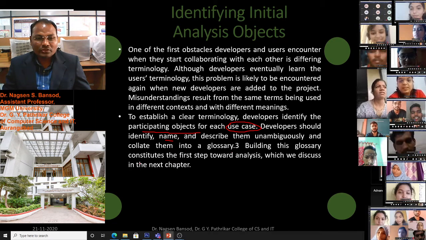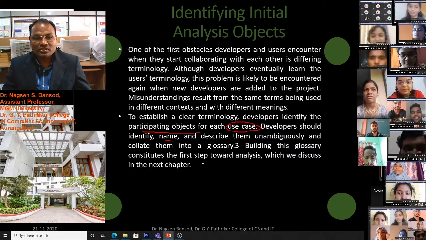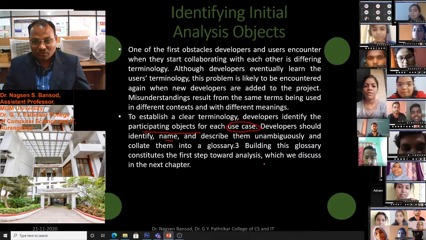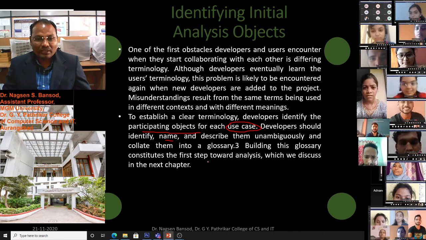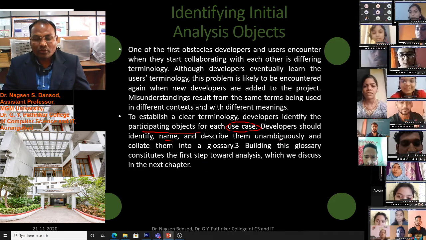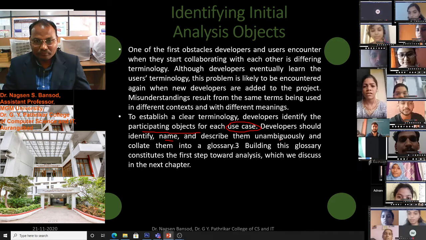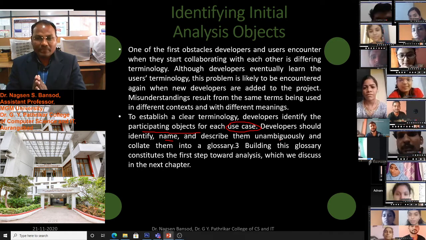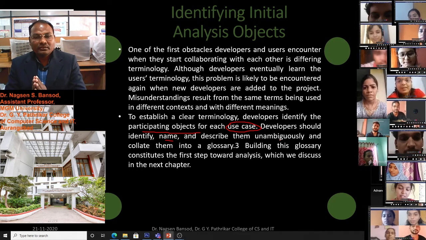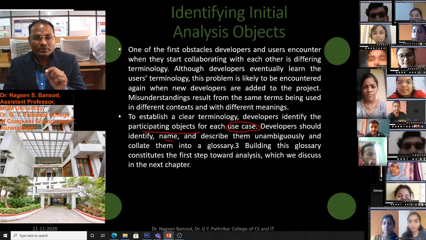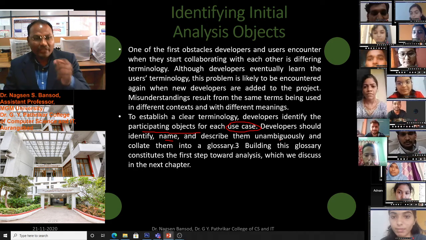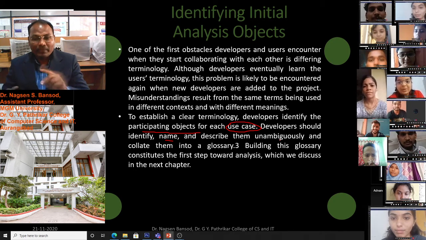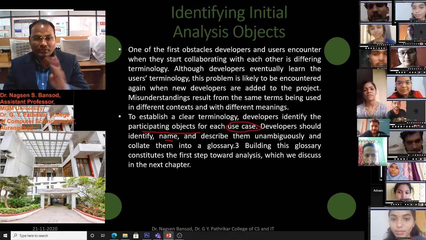Building this glossary constitutes the first step towards the analysis, which we discuss in the next chapter. But you have to keep in mind, identifying objects means defining each and every use case process and giving a name for that and making the dictionary of the use cases.